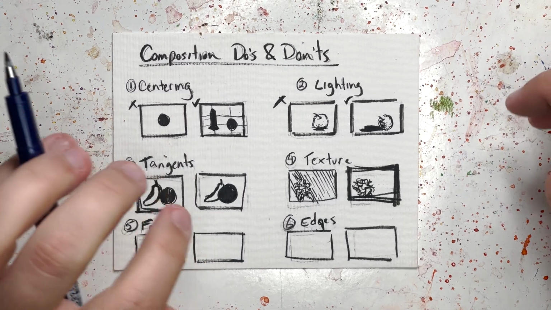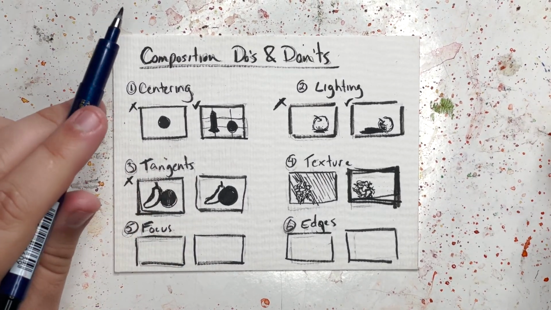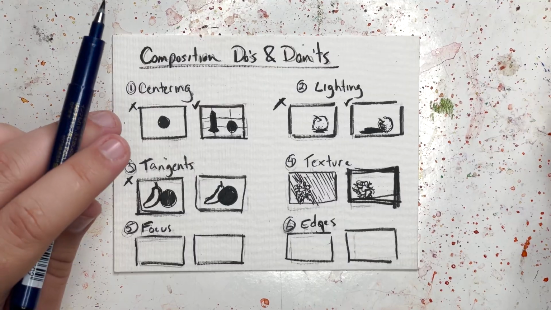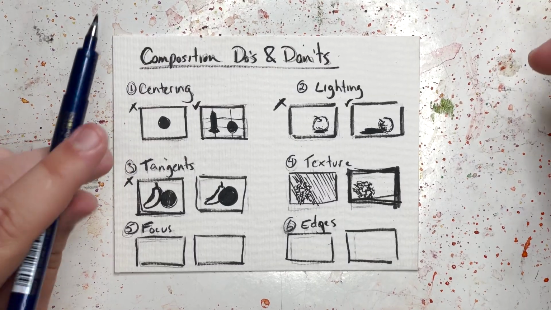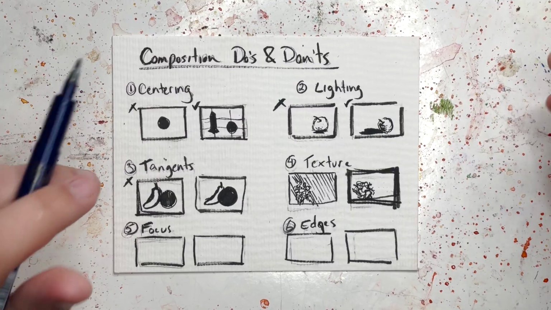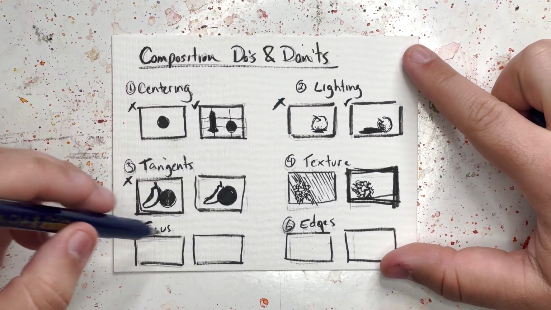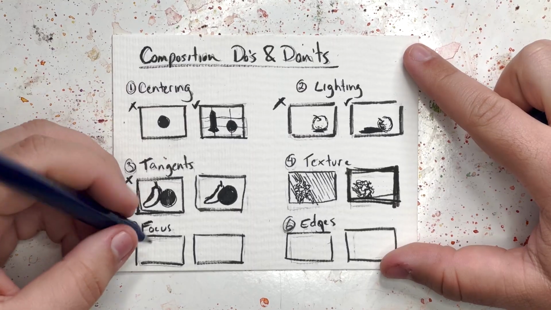If everything looks the same or is put dead in the center with poor lighting and is dead next to each other, it's going to look flat. We don't want paintings to look flat. They're already flat. We don't want to intensify the flatness of a painting. And so same kind of deal with focus. If I've got